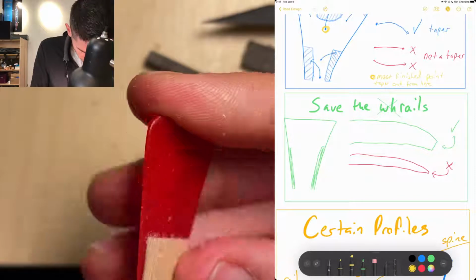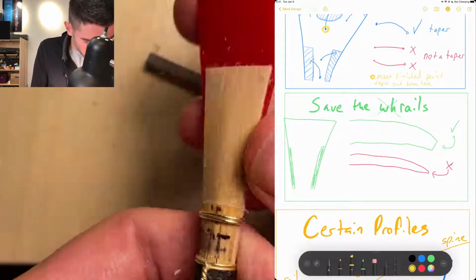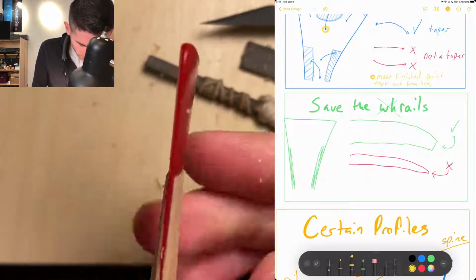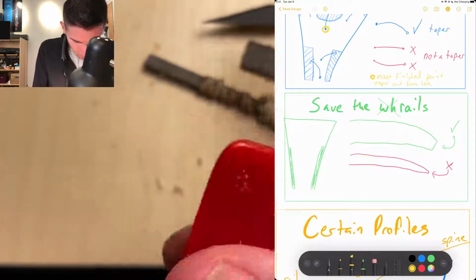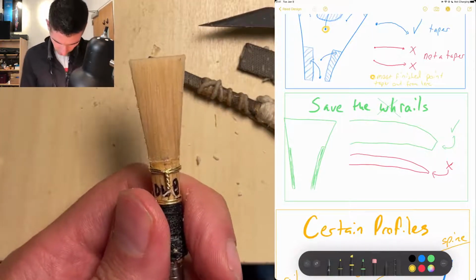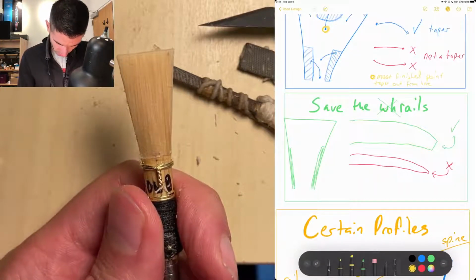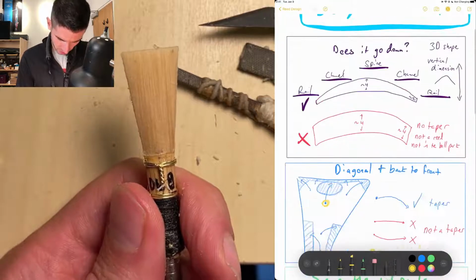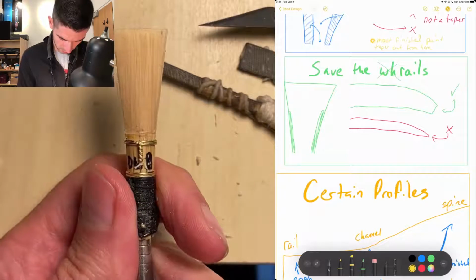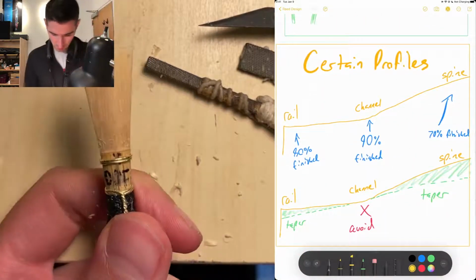Checking the channel, I mean the rails, the sides again. They look okay. Yes, they look good. So now to me this satisfies sort of my initial goal of, does it go down? Yes. The diagonals taper. Did I save the rails? Yes. And then, so this fourth box here,